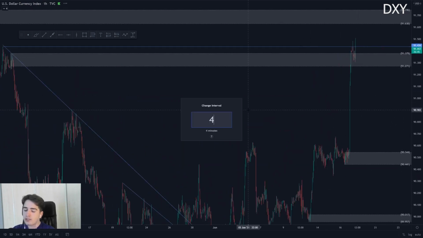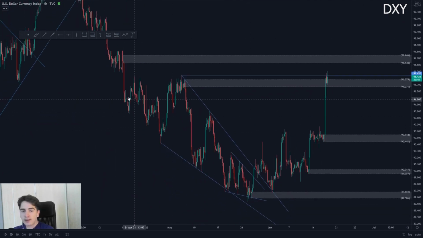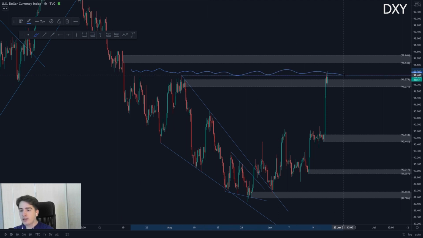So what I want you guys to notice about how the DXY has been moving is the fact that we came in towards the highs, right? So what you'll see is that I marked out this blue line over here at 91.436. So this is exactly what I mean with that you can mark out swing highs and swing lows, to see where potential fake outs will occur within the market. Especially if you see that there are equal highs over here, you'll notice that we have now swiped those stop losses, so we could potentially start seeing a pullback from here.